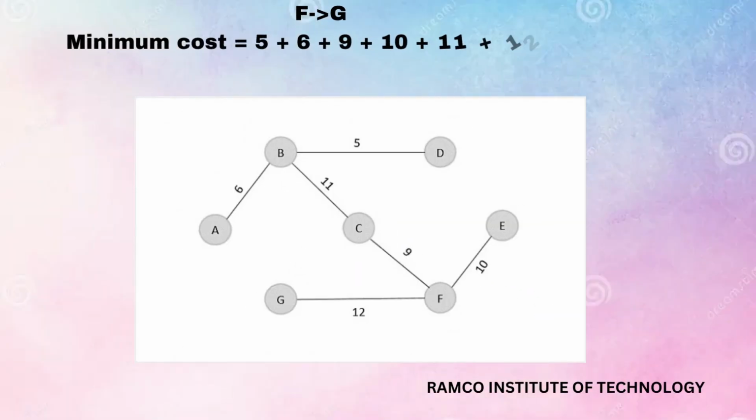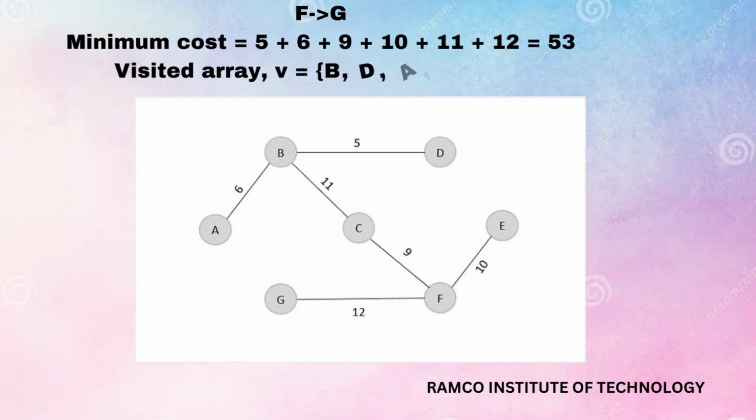Then the next least cost edge that is to be added into the output graph is F to G, the final edge. So here we are adding the edge F to G into the output spanning tree. The visited array contains the vertices B, D, A, C, F, E, G. So all the visited vertices should be available in the visited array. The minimum cost is 53, that is 5 plus 6 plus 9 plus 10 plus 11 plus 12 is